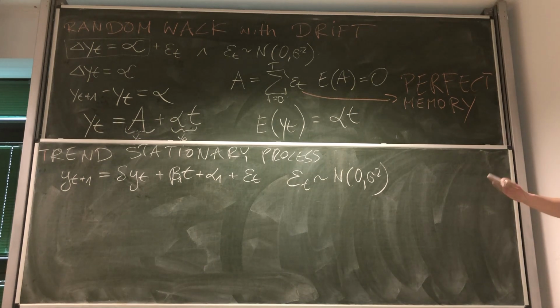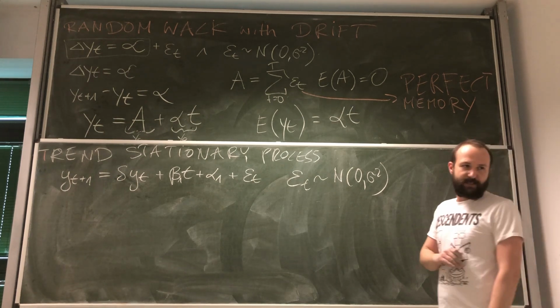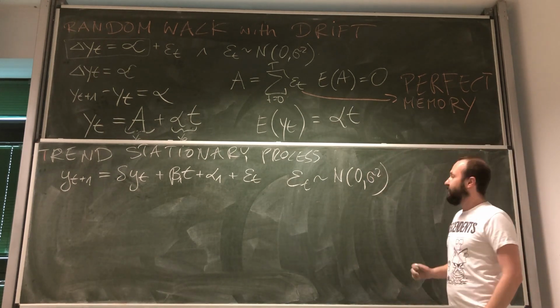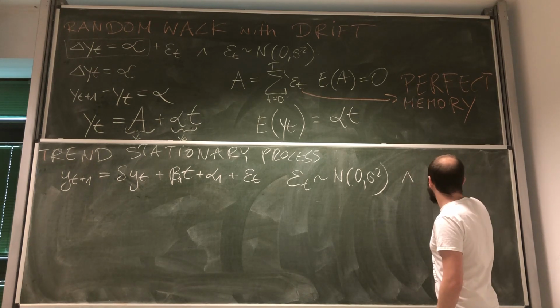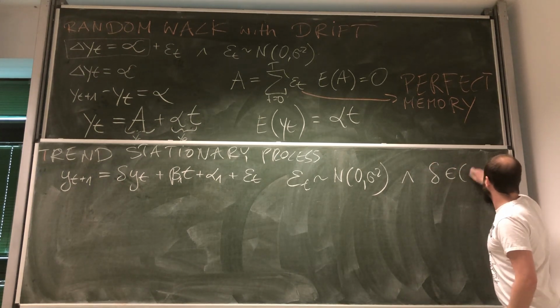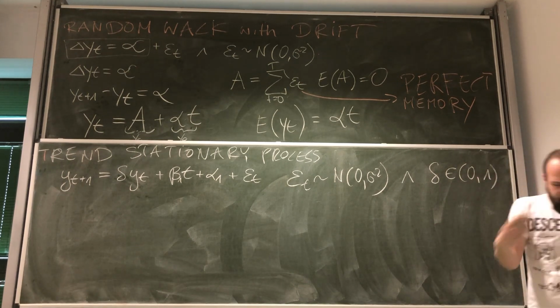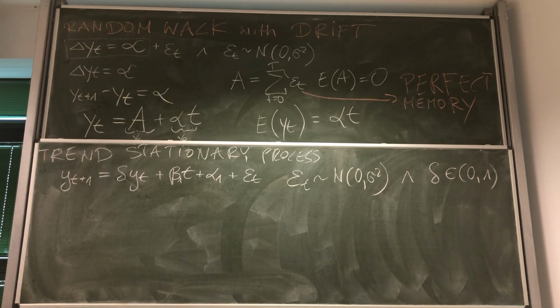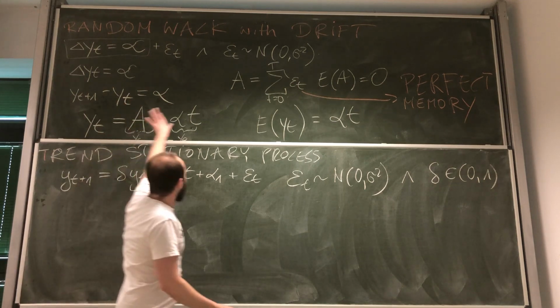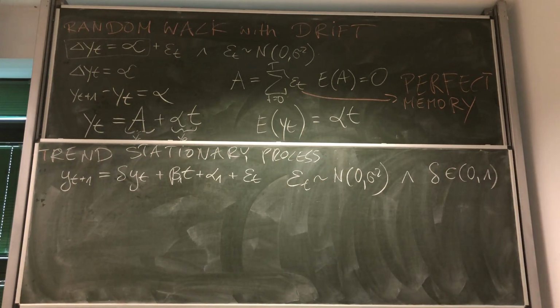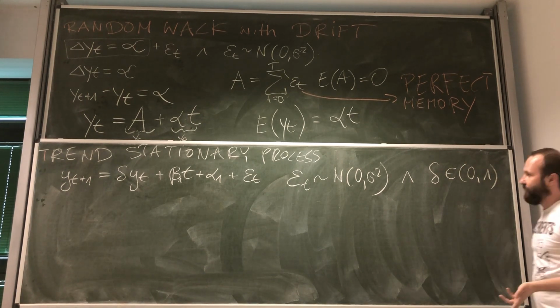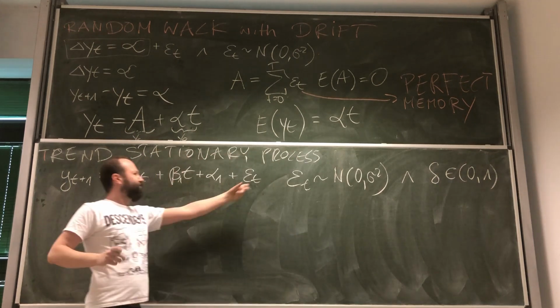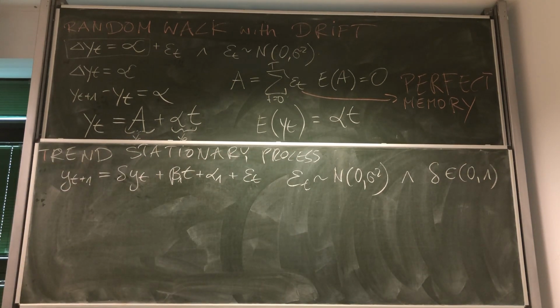However, before we make this equation a viable option for economic processes, let's make one additional assumption. I'm going to assume that delta is somewhere between 0 and 1, which, when you will be doing your practical exercises, you will find out is what we find in reality. Okay, now let's go through all the steps that we've taken before with our random walk and random walk with drift. So first, let's get the random disturbance out for now,